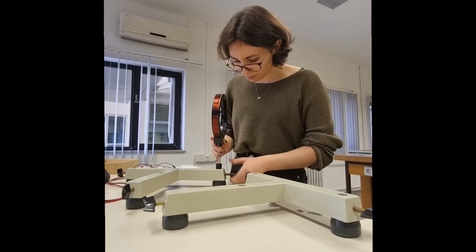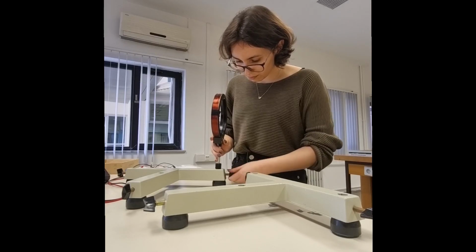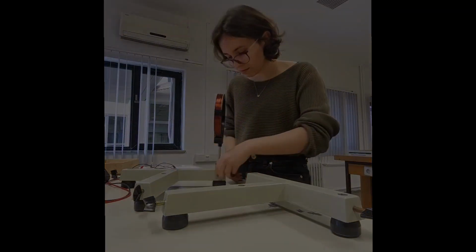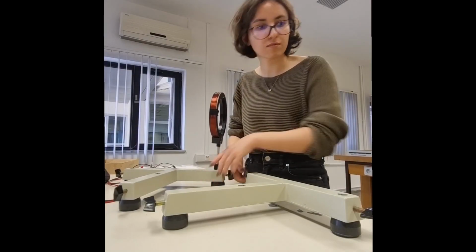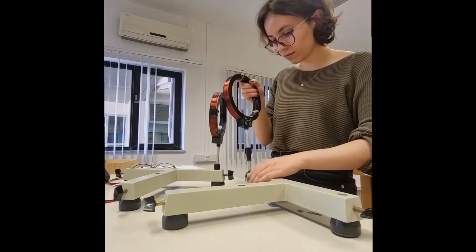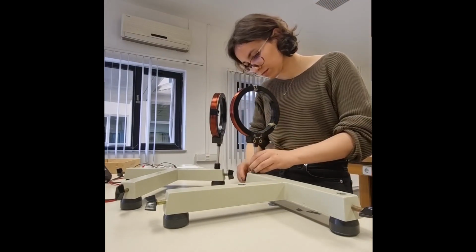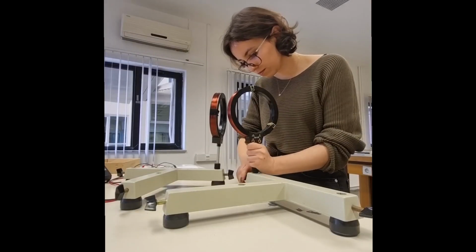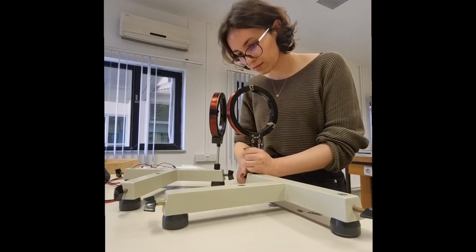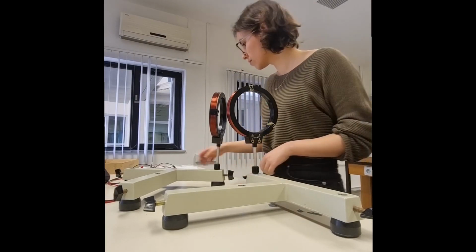Theory: the equation used to calculate the magnetic field produced by a current is known as the Biot-Savart law. This law enables us to calculate the magnitude and direction of the magnetic field produced by a current in a wire. The Biot-Savart law states that at any point P, the magnetic field dB due to an element dl of a current-carrying wire is given by, where μ0 is the permeability of free space, I is the current, and r is the distance. Reorganizing this equation for the case of magnetic field at a point P along the axis of a current-carrying loop of wire we have: